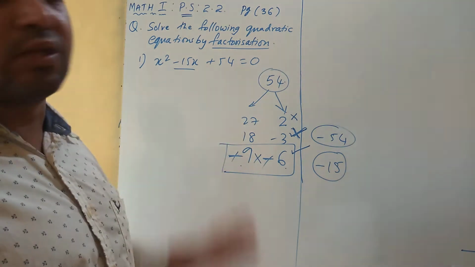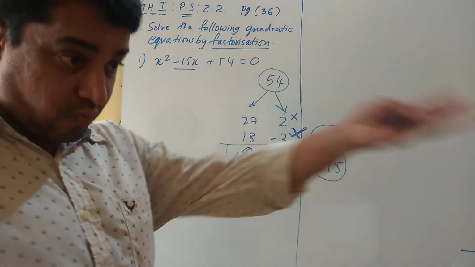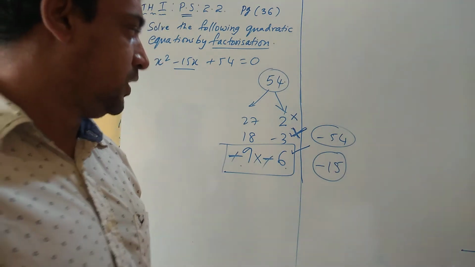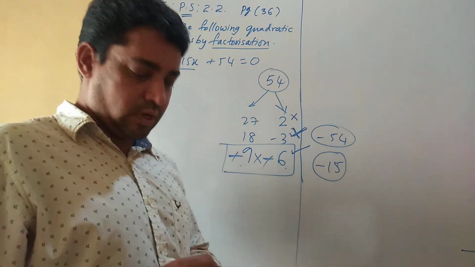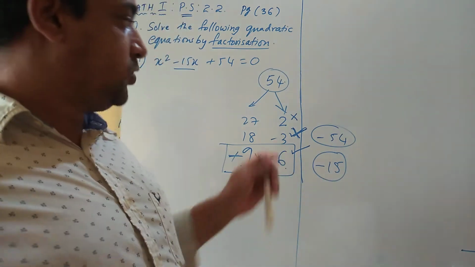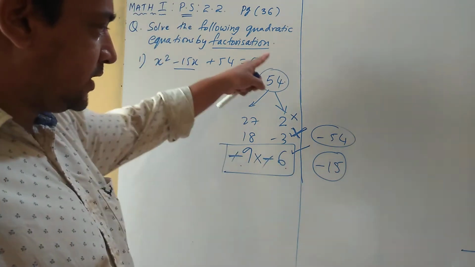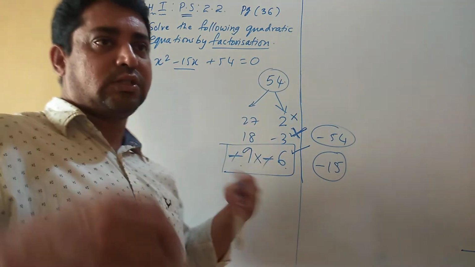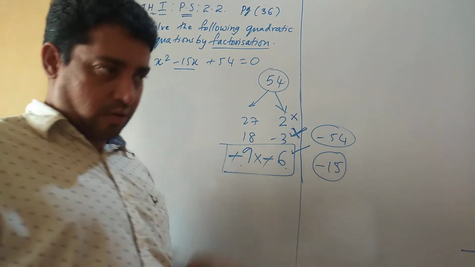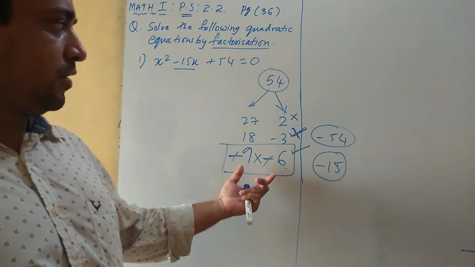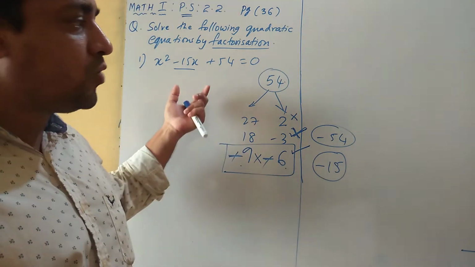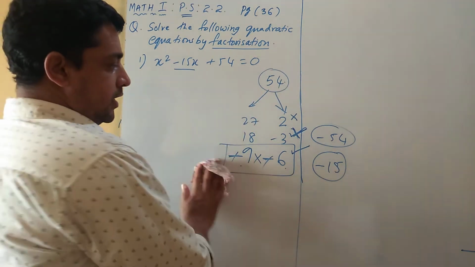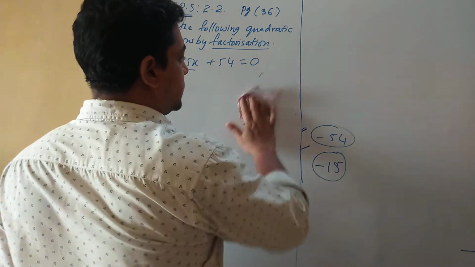Once that is done, the sum is very easy. You will have to go to the lower class to find the factors and actual solution. Is it clear? So let us start with the actual sum now. In your board exam, in your school exam, you don't have to do this. This is just a trick, a small shortcut where you can get the pair. If you are not able to do it directly, you can do it like this. Is it clear? Yes. Now just start with the actual sum.